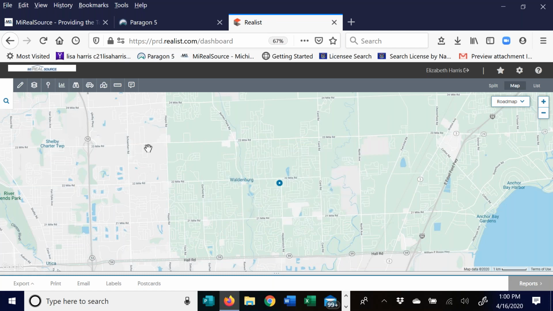And we'll go back to our pencil top left corner, and now we'll do that polygon tool. Which again, just like Paragon, you're going to draw multiple lines to create a shape. So I can go around things. So maybe I'm in an area where I'm trying to avoid, you know, the expressway, going to the east of the expressway, or maybe there's train tracks, I want to stay on one side of them, whatever it might be, I can go around. So I will go in, let's start off here at 22 miles, and I'm going to